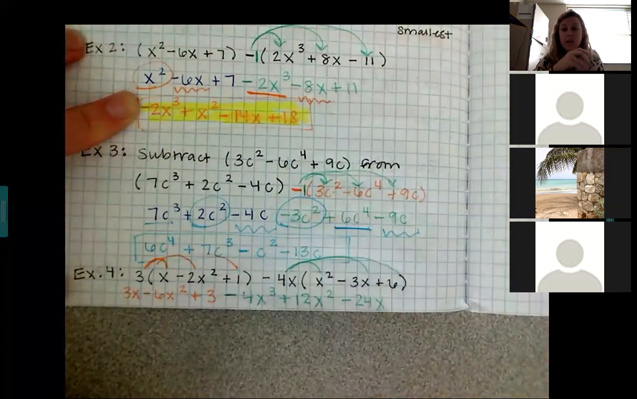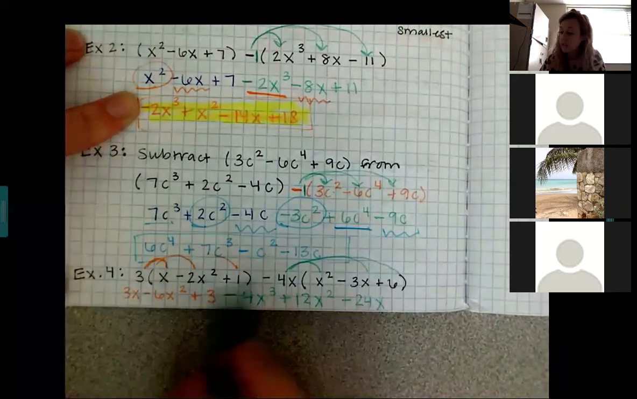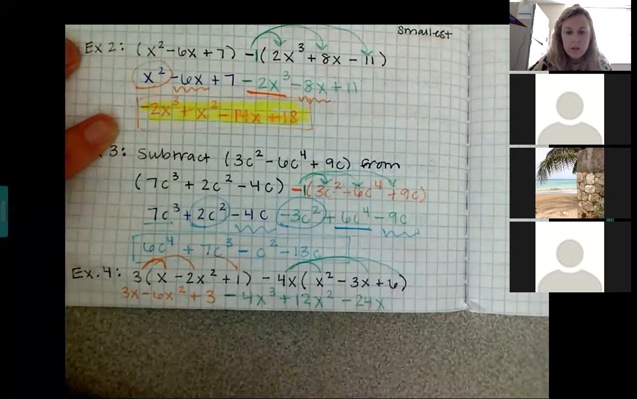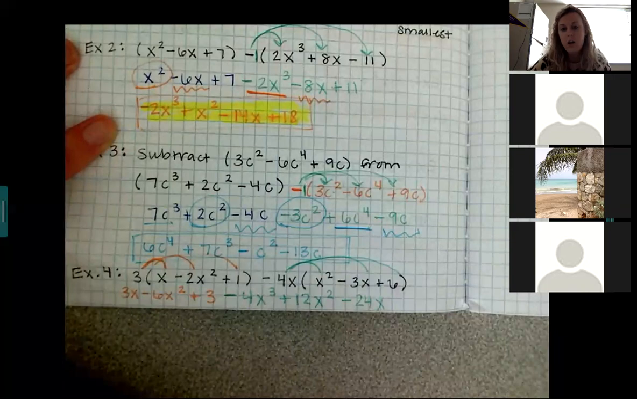Okay, so from here, I feel like you guys could simplify this and put it in standard form. Is that correct? Y'all feel like you could do that? Yes. Okay, and then if I asked y'all to classify it, do you think you could do that? Yes. Okay, good. All right, then you're ready for the homework. Are there any questions